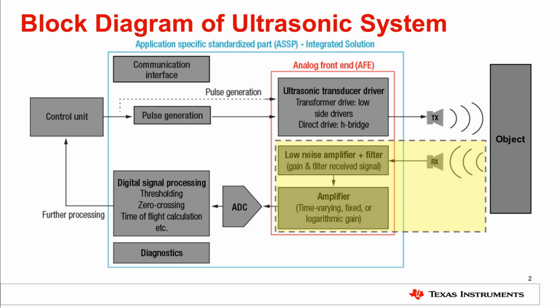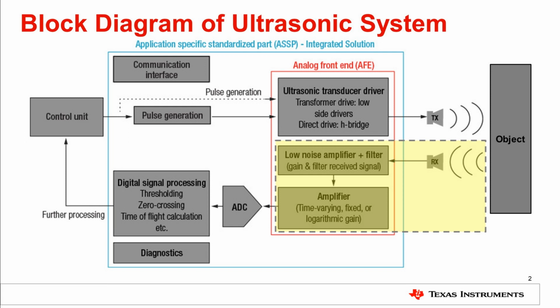The block diagram of an ultrasonic sensor system can be simplified down to two primary blocks, the driver and receiver. The receiver block includes the analog front end, or AFE, to amplify and filter received ultrasound energy. The AFE is designed to condition received ultrasonic frequency signals from a few microvolts RMS to tens of millivolts RMS.